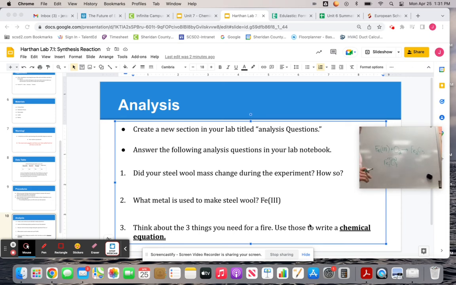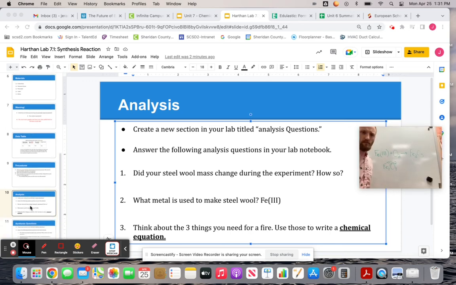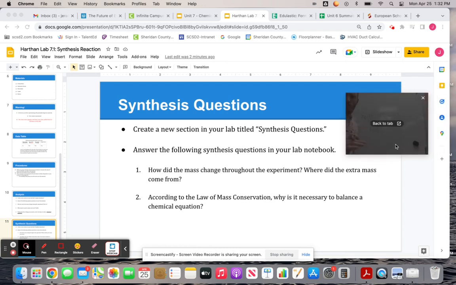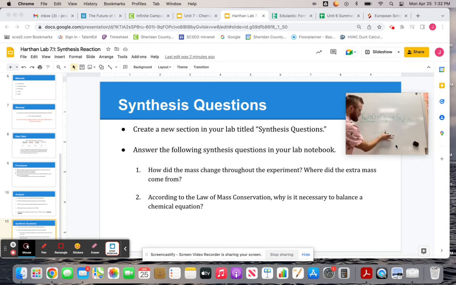Okay, so there is now our chemical equation for this chemical reaction. Now let's think about the next part, onto our synthesis. We know our mass changed. Where did that extra mass come from? How did we get that extra 1.2 grams? When we look at our chemical equation, it becomes pretty simple. When we measured the mass of the steel wool at 6.2 grams, that was this, right? We weren't able to measure the mass of the oxygen in the atmosphere,